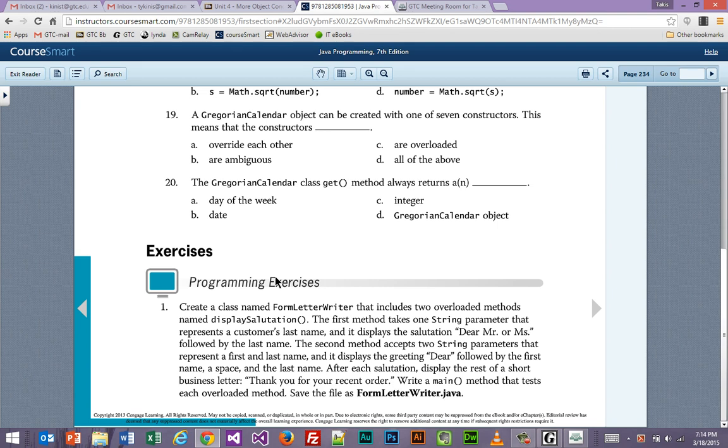After each salutation, display the rest of a short business letter. Thank you for your recent order, something like that. And write a main method that tests each overloaded method. Save the file as formletterwriter.java. All right, so let's start by creating a new class,